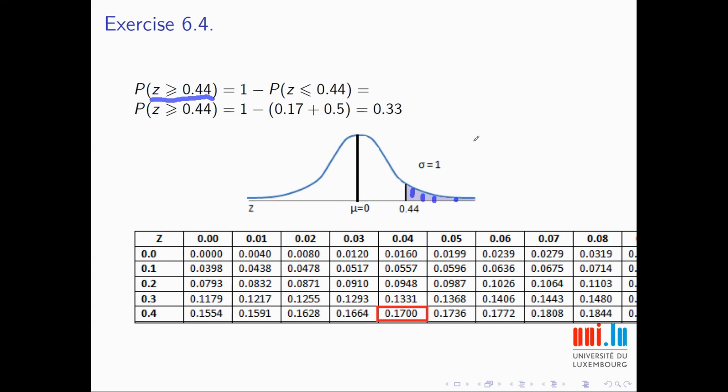And here we have to use the feature of the normal distribution, that the total area under the curve is equal to 1. And this means that the area in this white colored part